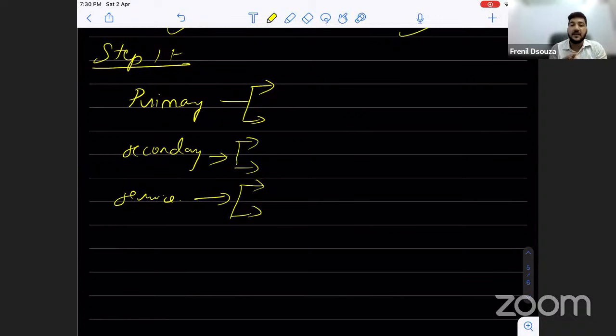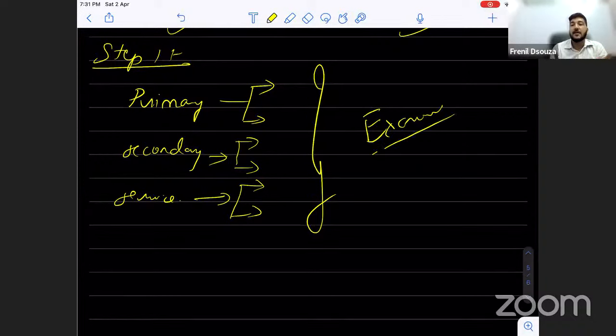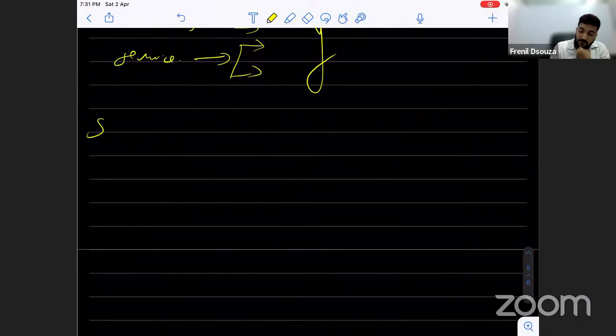But theoretically, when we are doing it academically like this in the exam, we have three major sectors, that is primary, secondary, and tertiary. That is the first step, dividing that. Usually this is done by the examiner itself, right? The examiner will give you the income earned or the value produced by the primary sector, secondary sector, and service sector. You just have to do the further calculation. That will come in step two, right?